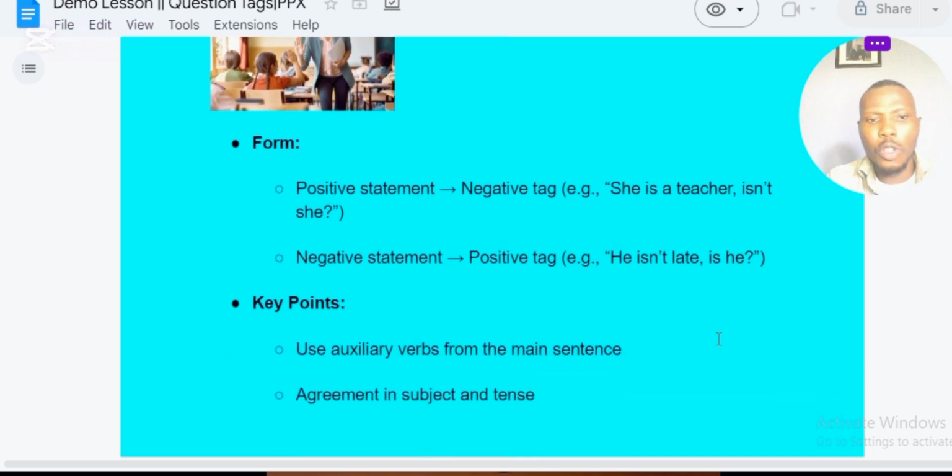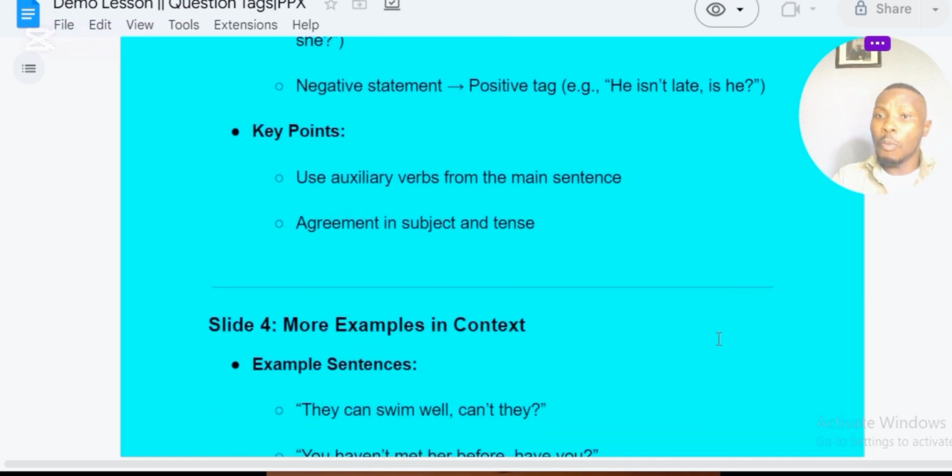So now let's move on to some key points. We must understand our use of auxiliary verbs from the main sentence. Now, those, is, was, has, have, are called auxiliary verbs. Okay? And we also have to consider the agreement in subject and verb terms. So agreement would be how much does the subject